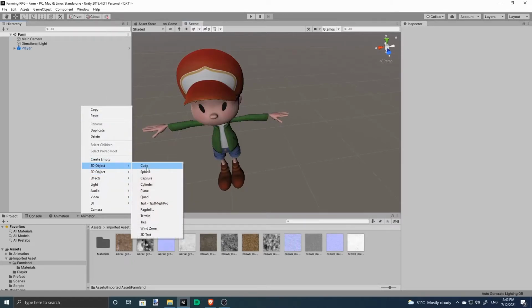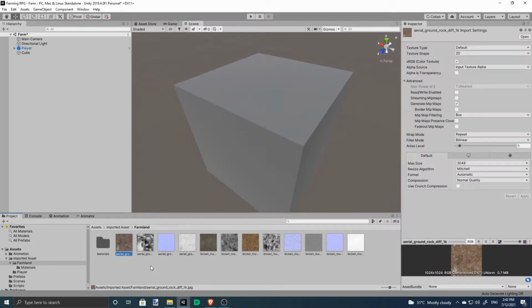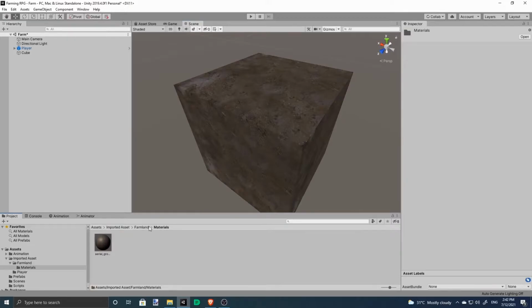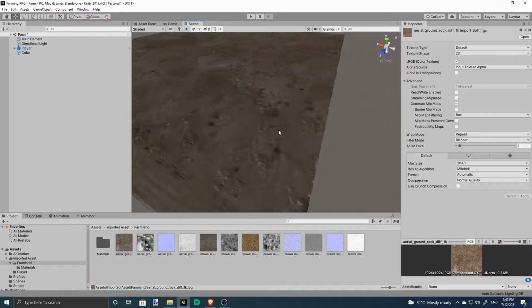Now let's create a 3D object to preview our materials.